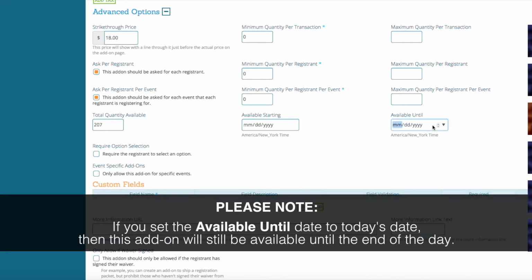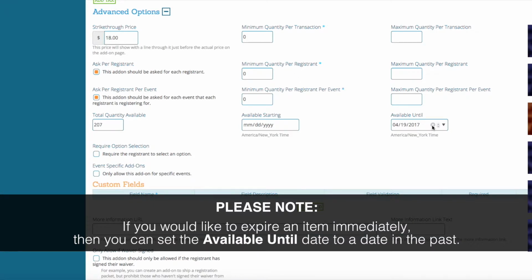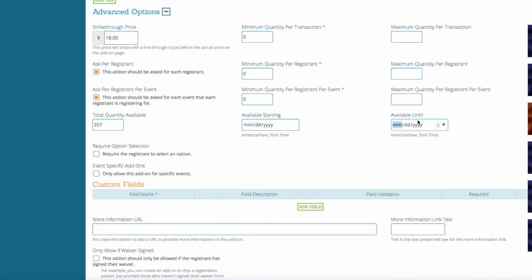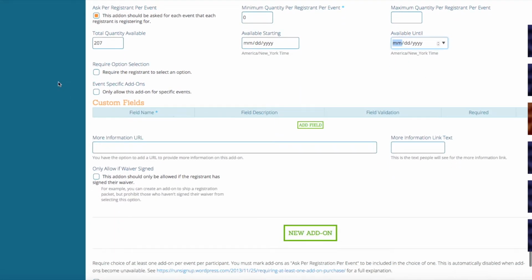Please note that if you set the available until date to today's date, then this add-on will still be available until the end of the day. If you would like to expire an add-on immediately, then you can set the available until date to a date in the past. If your add-on has various options such as size, color, features, etc., then you can check off